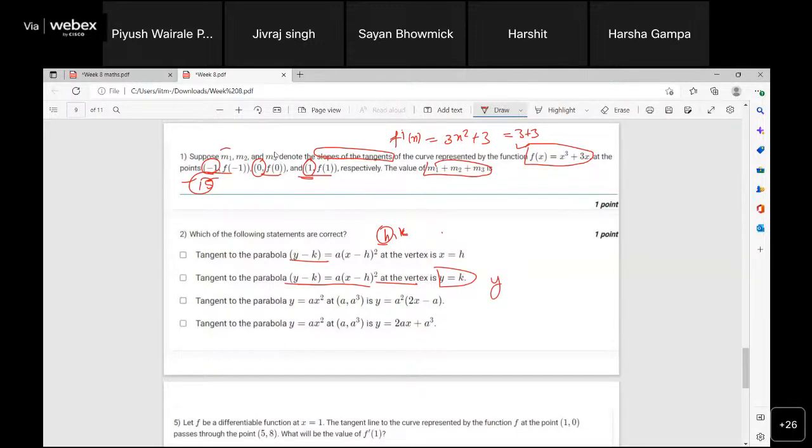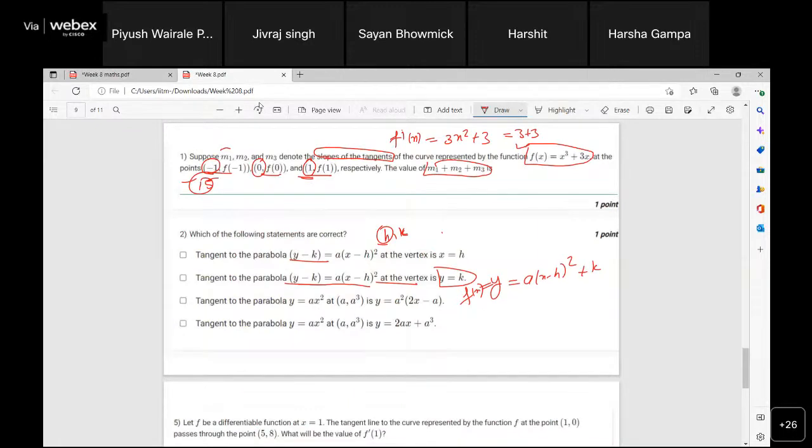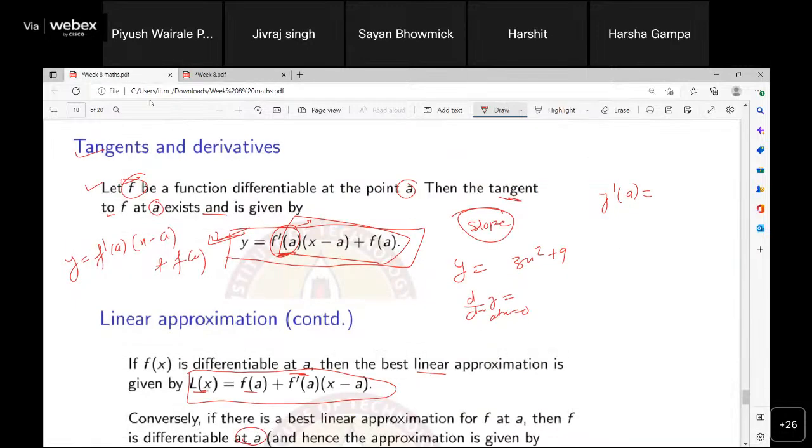We can simplify it. Keep y equals a(x minus h) whole square plus k. Now you can consider it as f of x, and what is the tangent? f dash of a times (x minus a) plus f of a. So what is my f dash of x here? It is twice a into (x minus h). If you put x equals a, but I have to check here a is at that particular